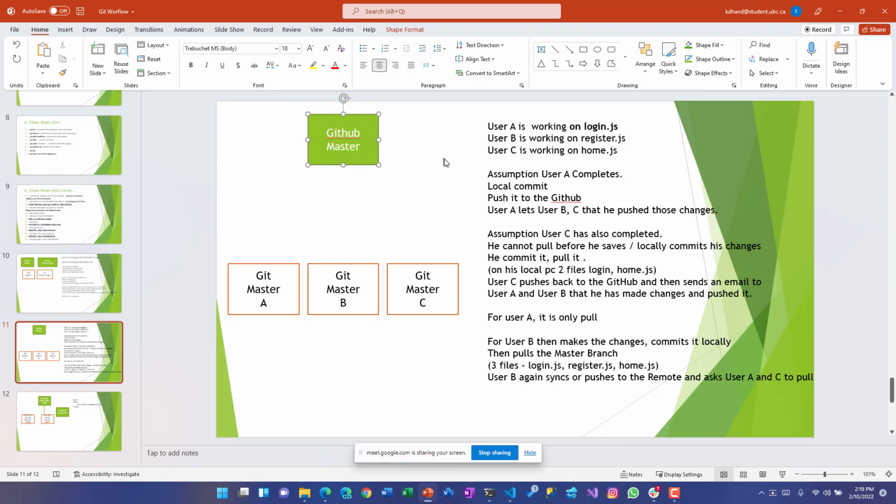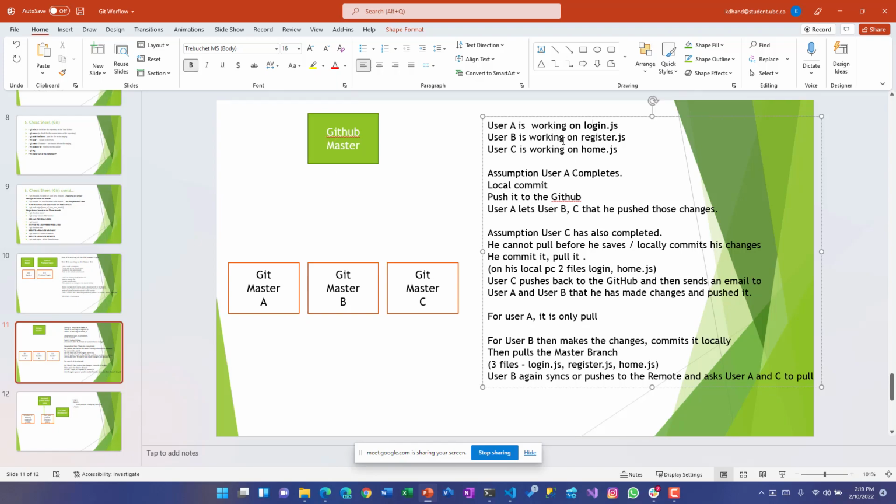So based on this, let's say this is another scenario before we jump on to the practical one. User A is working on login.js, B is working on register.js, and user C is working on home.js. This is another use case where we are not adding another repository.